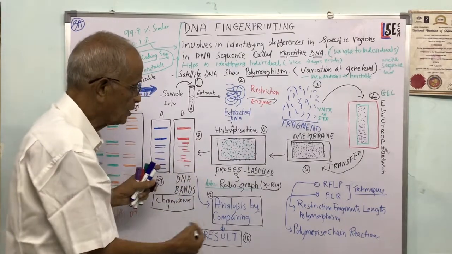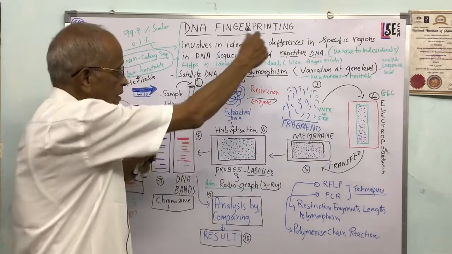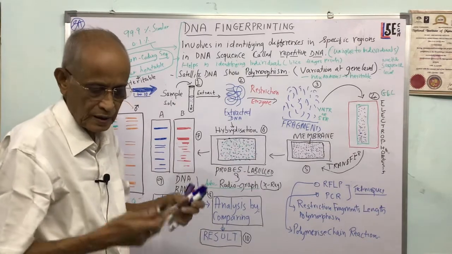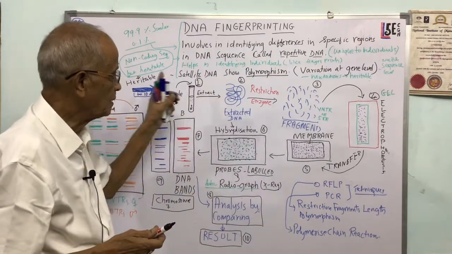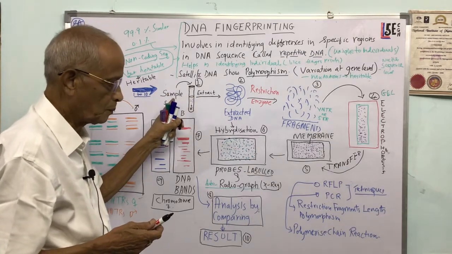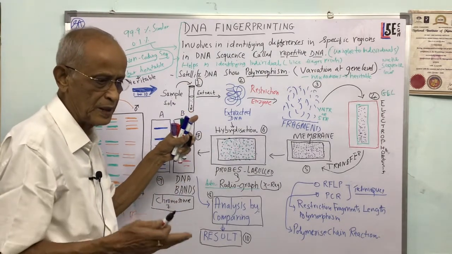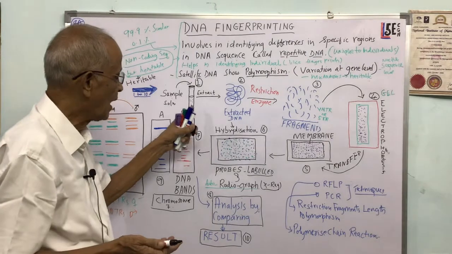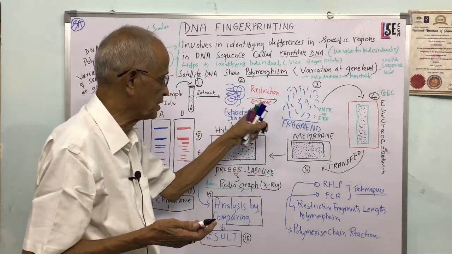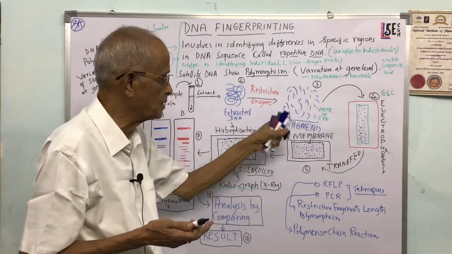So this is how the DNA fingerprinting process starts. Let me repeat for a quick review. The sample DNA is taken and put into a solvent. Solvent type may differ depending upon the type of the DNA they are taking, and then they extract the DNA, and that DNA is subjected to restriction enzyme, that is restriction endonuclease, and that cuts the DNA into smaller